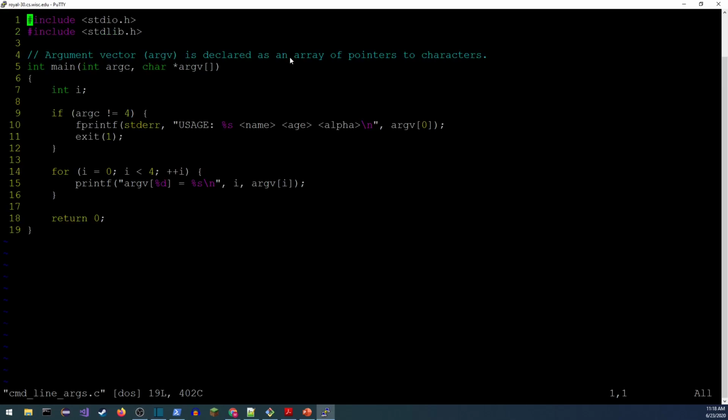Return focus to the recording screen. Hold on. There we go. Okay. So first thing I'm going to do is I'm including stdio.h and stdlib.h. Then